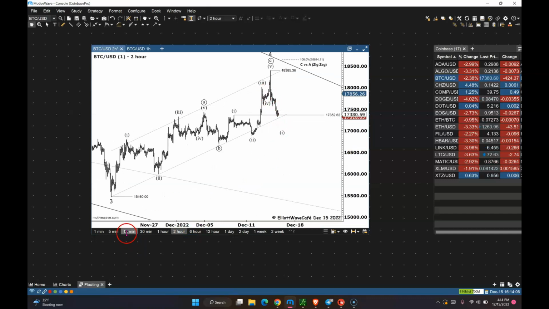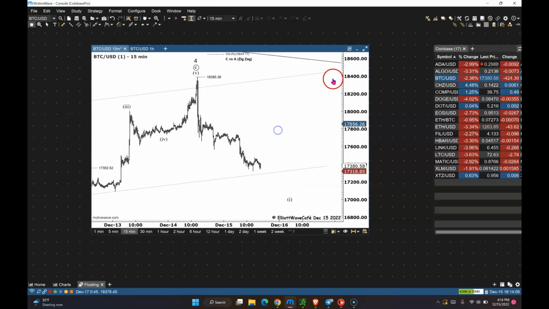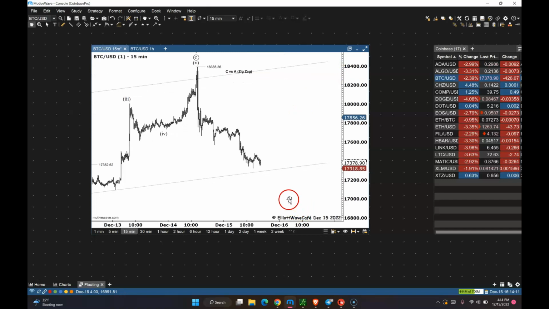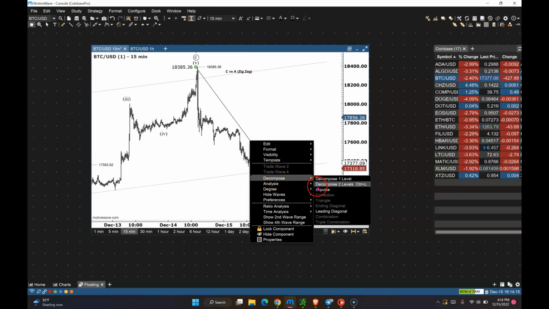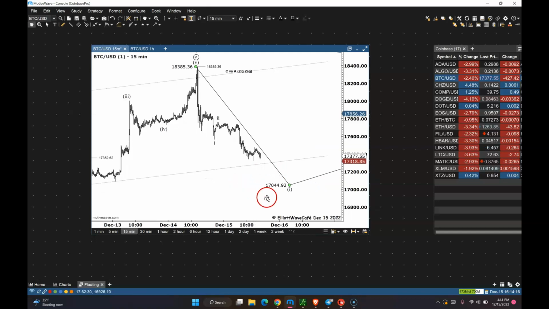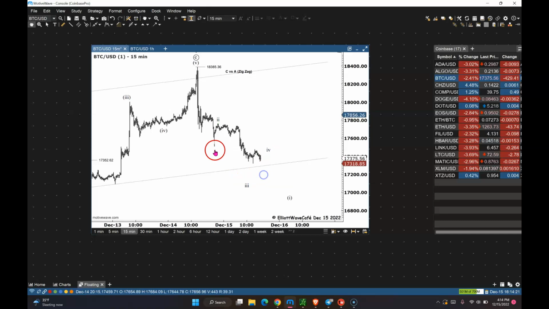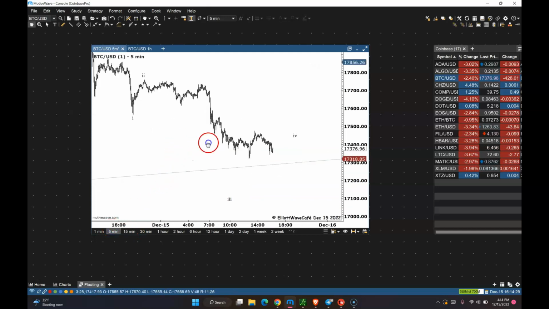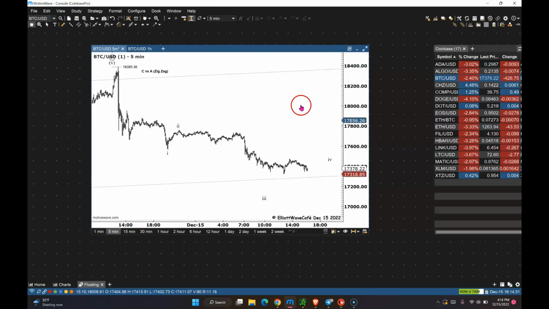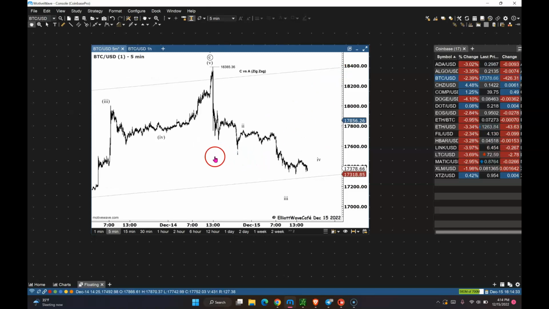So now we're building that structure. Let's go to maybe a 15-minute chart. We're watching to see how this could work. So let's just decompose this. I don't think I worked on this today, but let's just do that. Let's see what's the best way to do this. So I think that what you had was, now let me go to a 5-minute, maybe even better, so we can see it a bit more. I'm going to scrunch it up just a tiny bit.